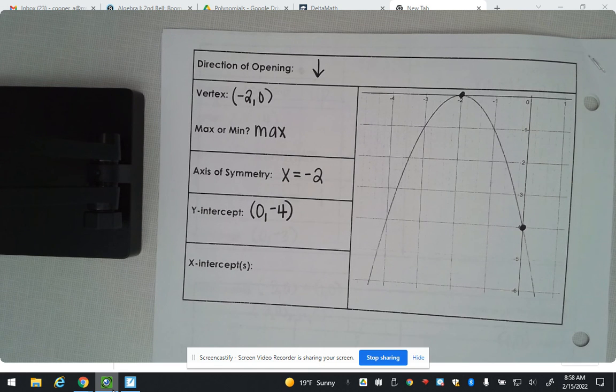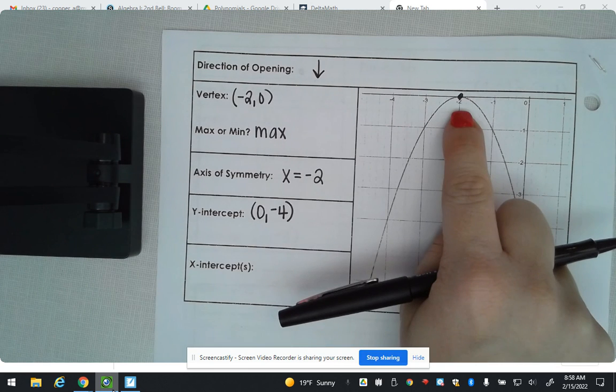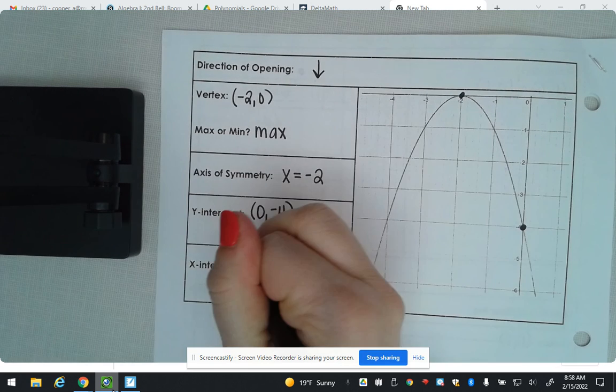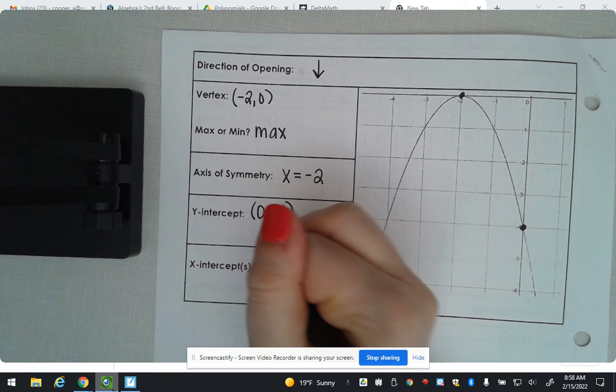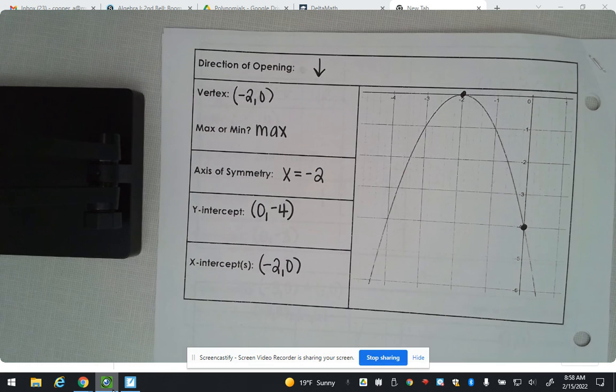How many x-intercepts do I have? You have one, right? It hits at one spot right here. That's okay. What is that x-intercept? -2, 0. It's what we call a double root. You'll learn more about that once you get to algebra 2. Okay? Are we